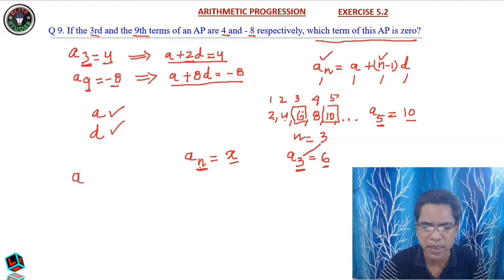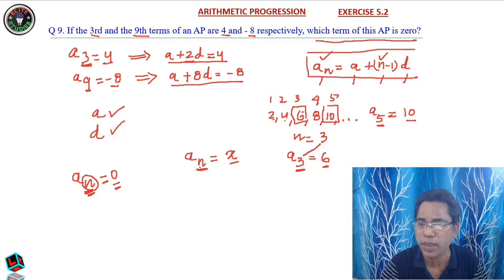Now here it is turned AN is equal to 0. You see, now which term of the AP, the value of which term is 0? Very important. So we need to find the n. We need to find the value of n, and in this equation there are 4 variables. This I will not repeat in the remaining questions. There are 4 variables, AN, A, N and D. Among these 4 unknowns, if 3 are known, then the fourth one can be easily calculated from this equation. So here AN is given to us 0, A is already known, D is already known from solving these 2 equations.